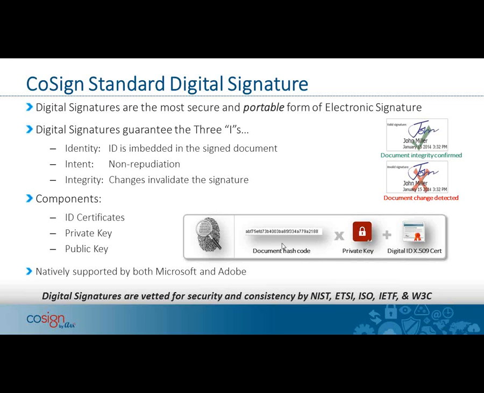But these bits essentially are embedded into your Microsoft Office files, such as Word and Excel. So wherever they go, they can be inspected and relied upon if they're valid. Or even with PDF, the popular PDF readers that are out there. So if you have a PDF document, you can open it up and see it. The nice thing about digital signatures is that they essentially are vetted for security and consistency by leading international organizations.